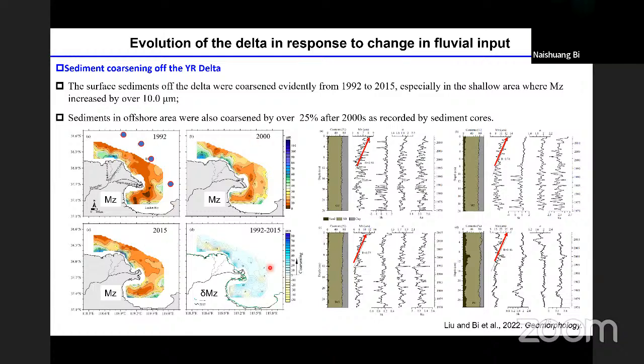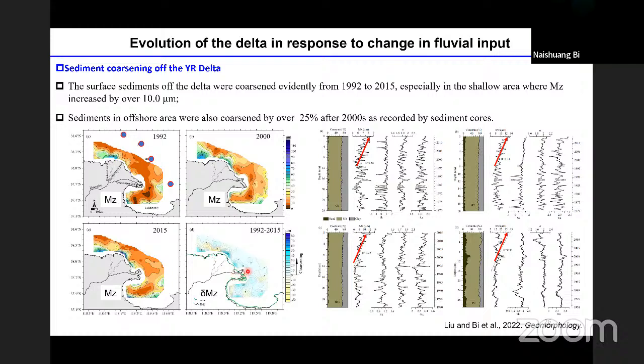This is the grain size difference between 1992 and 2015. The blue color indicates the grain size increase. That means that the sediment in this area is coarsening